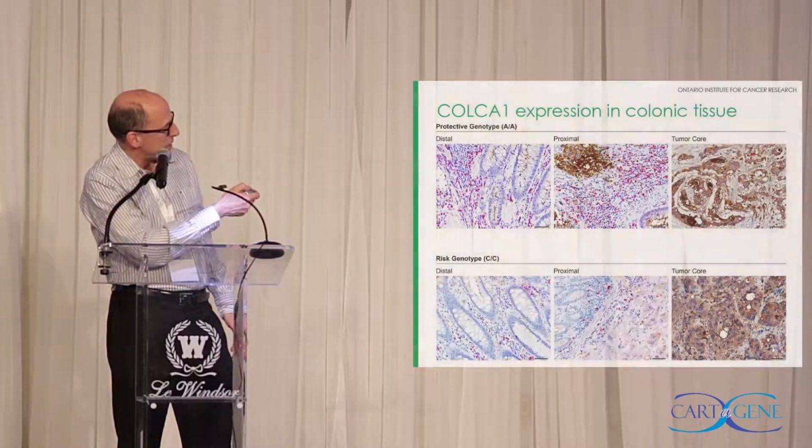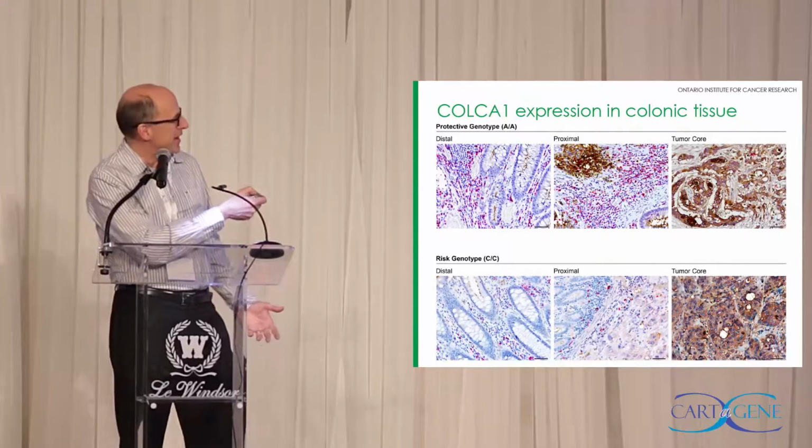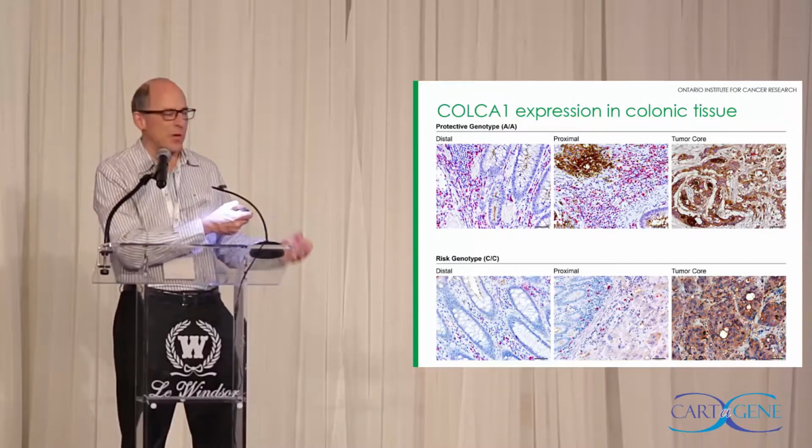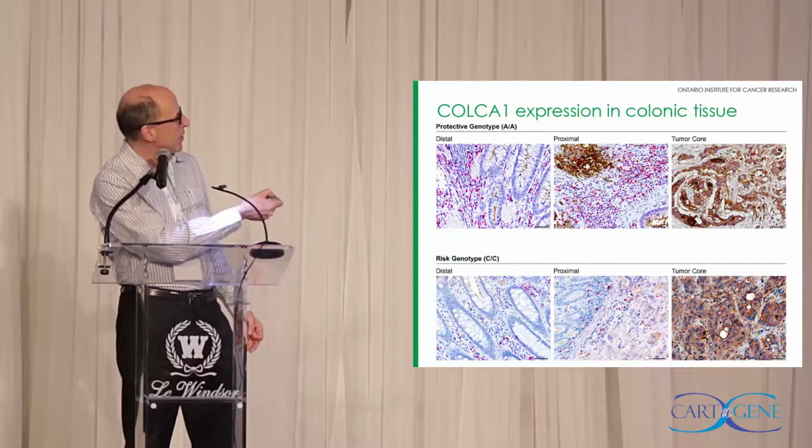This is again COCA1, just more to prove it, and pathologists always have trouble understanding that we're studying a colon cancer gene, but it's not in the colon cancer cell. It's in the microenvironment, and you can see more red on the top than on the bottom. Again, there's association in different tissues across hundreds of samples.